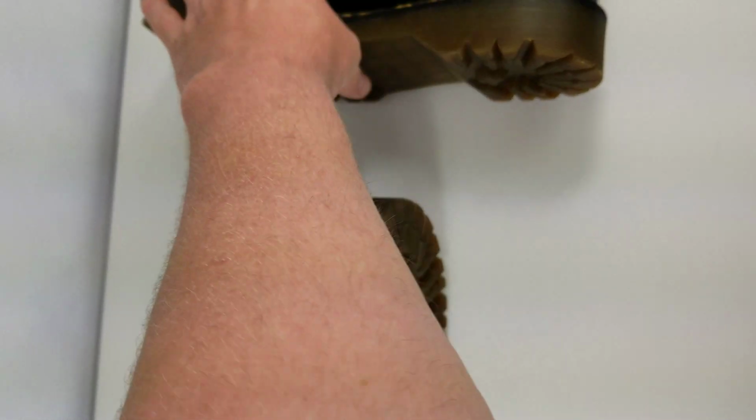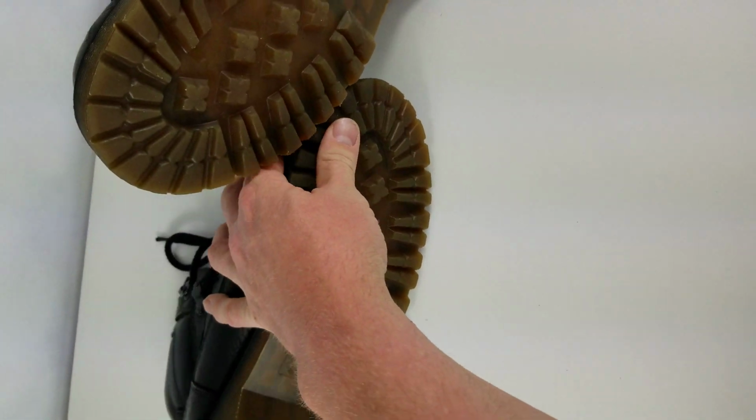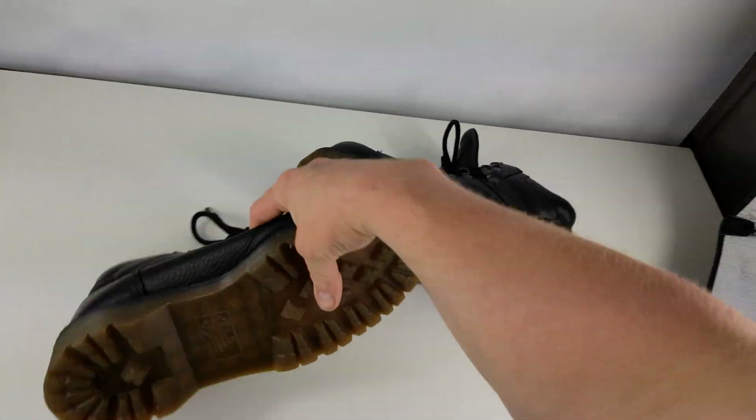And then, I'll take the shoes right here like this and flip them up sometimes. Sometimes I put them side by side. Sometimes I lay them on their back. So I might take a picture like this, or I probably wouldn't do it with boots like this, but you could put them side to side like this, maybe,